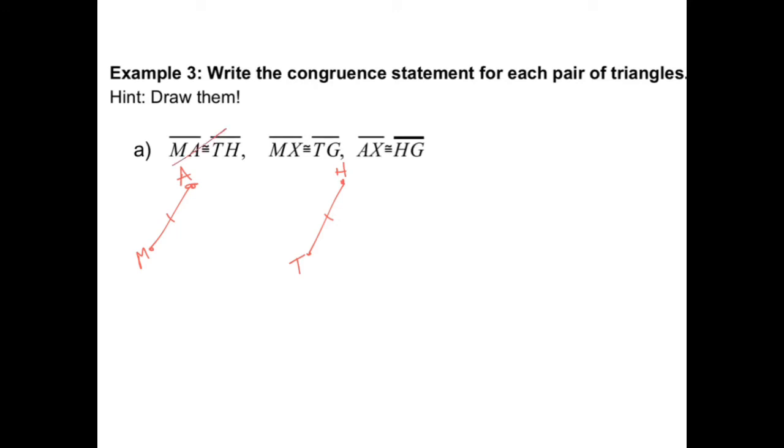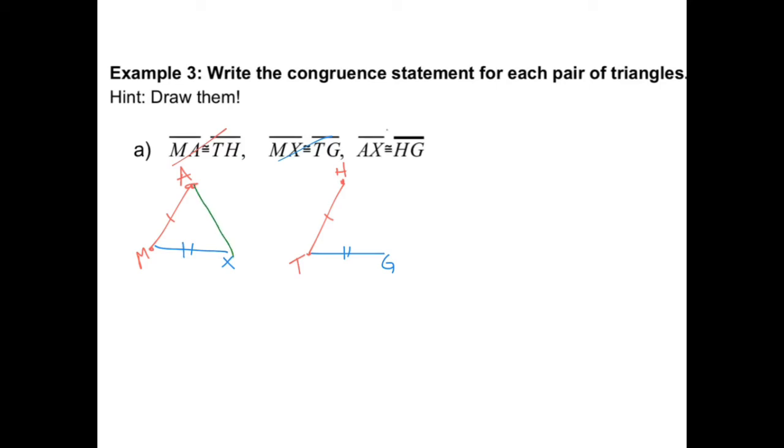All right, now we're going to grab a blue here. We're going to go MX. So this has to be the X coming off here. It's congruent to TG. So this has to be the G here. And we have drawn that one. So I'm only crossing them out as I go just to show that I have completed that part of the drawing. And then it says